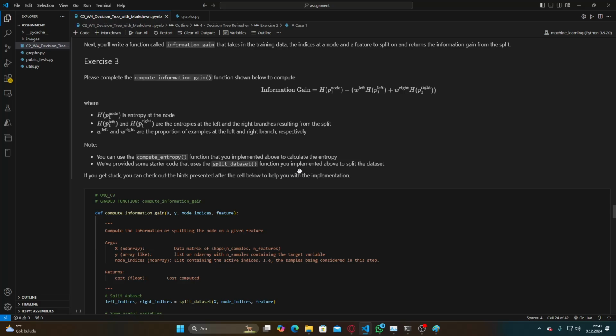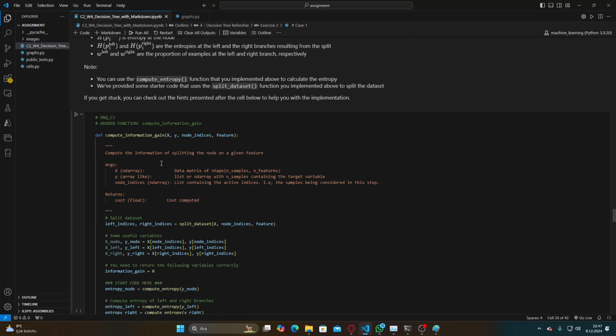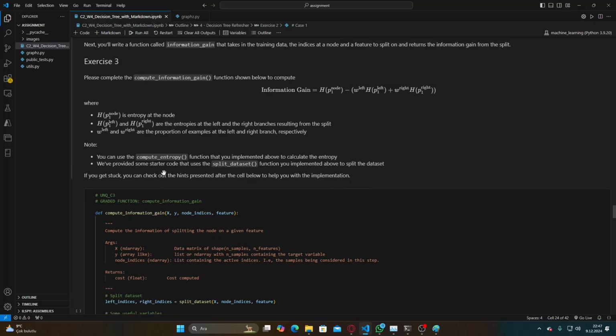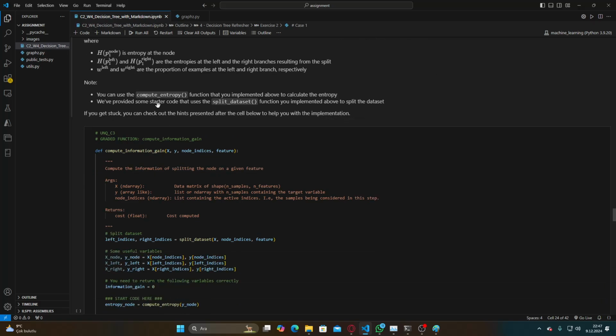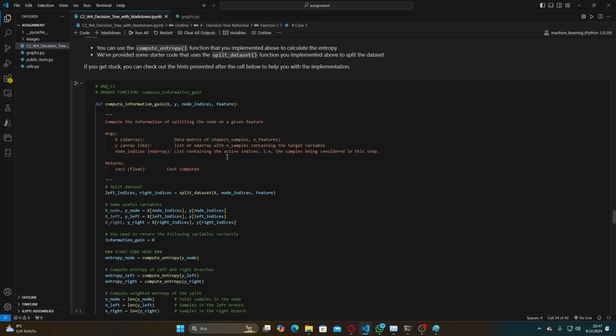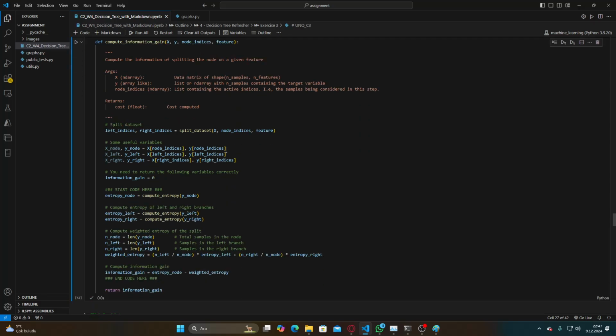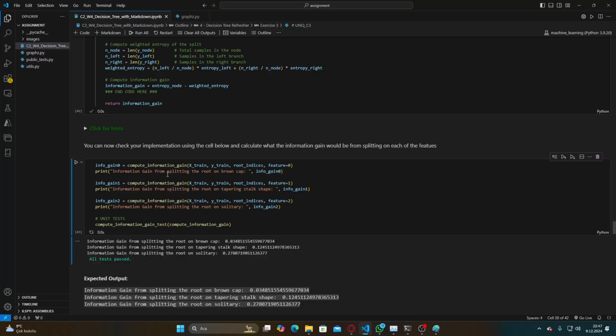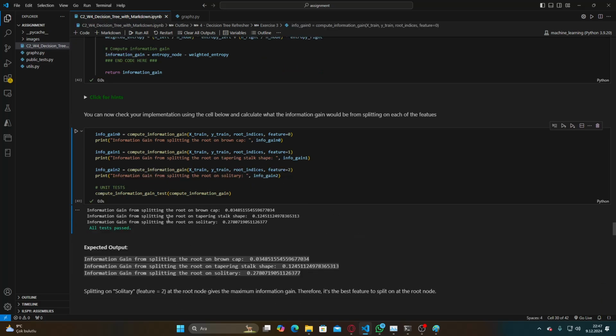You can use the compute entropy function that you implemented. Actually, we can use compute entropy as we wrote above. We can use split dataset first, and after we split it, we can use our compute entropy for our divisions, like the left one. And I'm running this one. Okay, information gain from splitting the root on brown cap